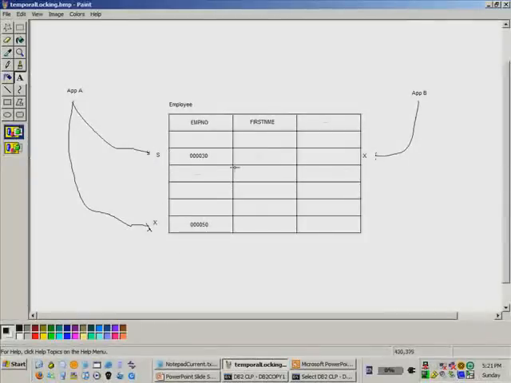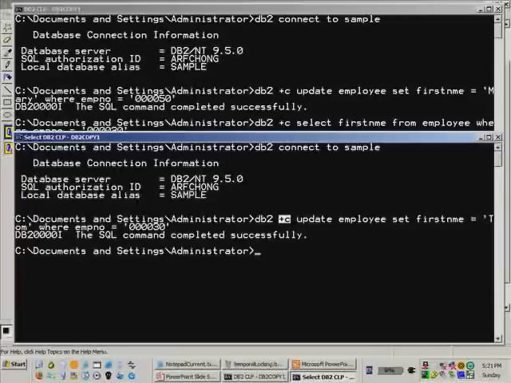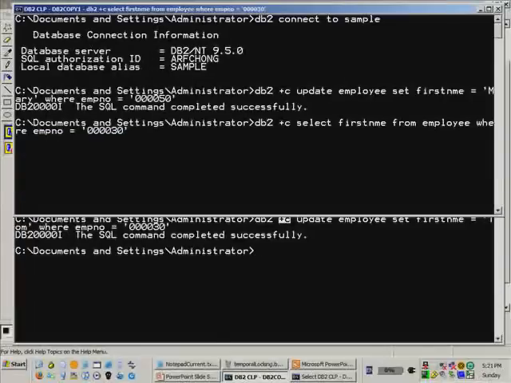Now because application B was taking an exclusive lock on this row, this other application A will have to wait, so it will hang in there. Let's see the behavior after I press enter here. I press enter, and you see the prompt has moved to the bottom, right? So now it's waiting and waiting and waiting,